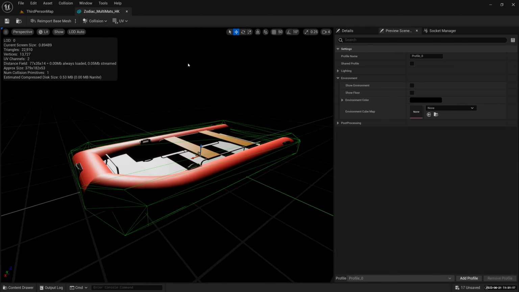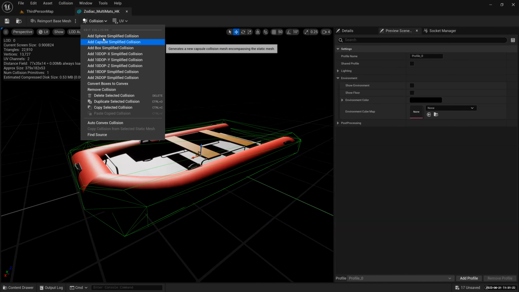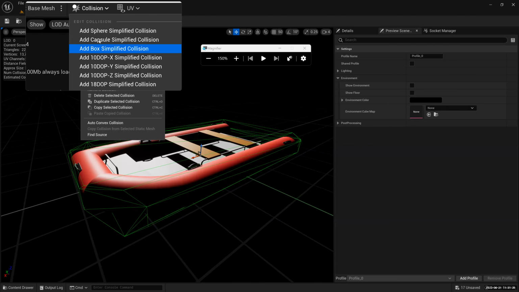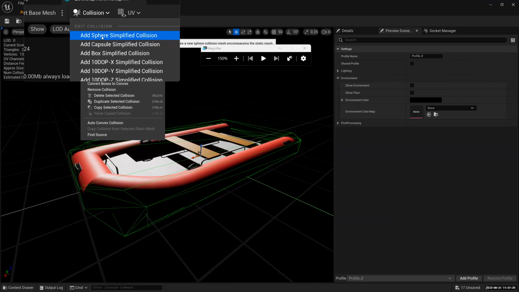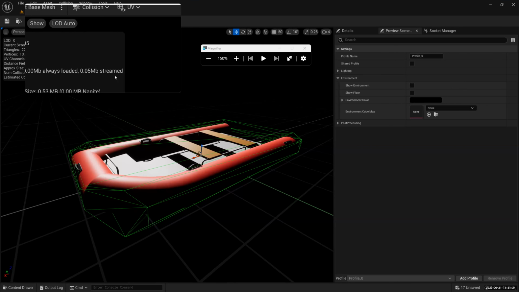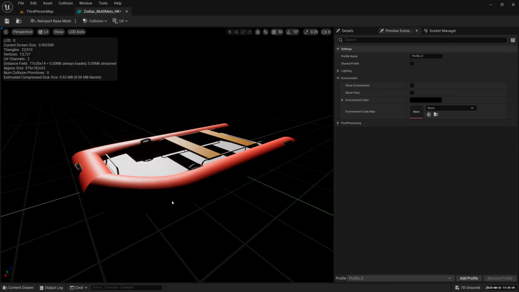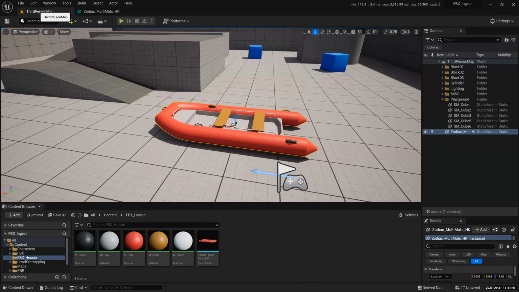There are a couple of ways of doing things. Number one is up here under the collision. You have a lot of choices. The first three up here, let me zoom in, just create a simplified collision. It can create a sphere, a capsule, and a box. Let me show it to you. Let's delete this collision. I'm going to select it, highlight it, and delete on my keyboard. The collision is gone. So if I save this now, go back to my map and play this, my character will run through it. There you go, no more collision.